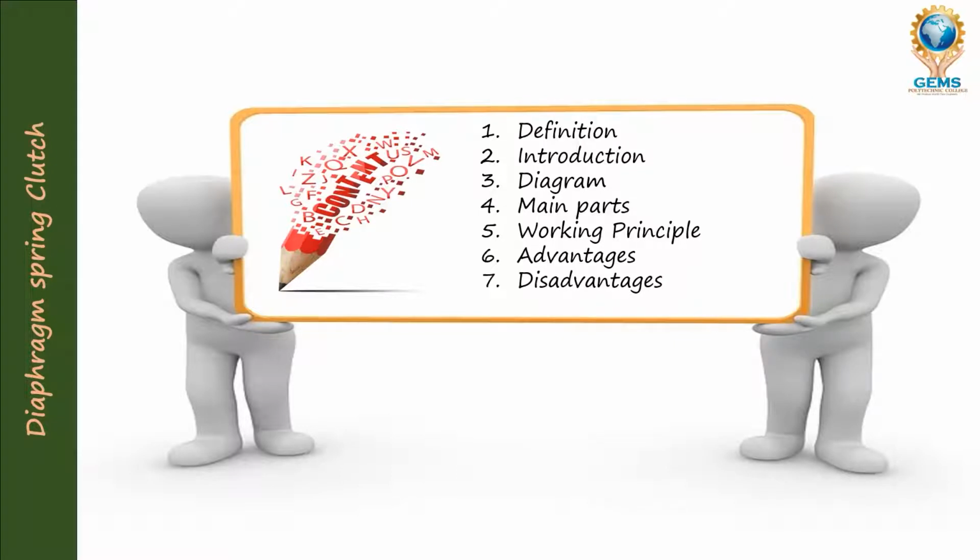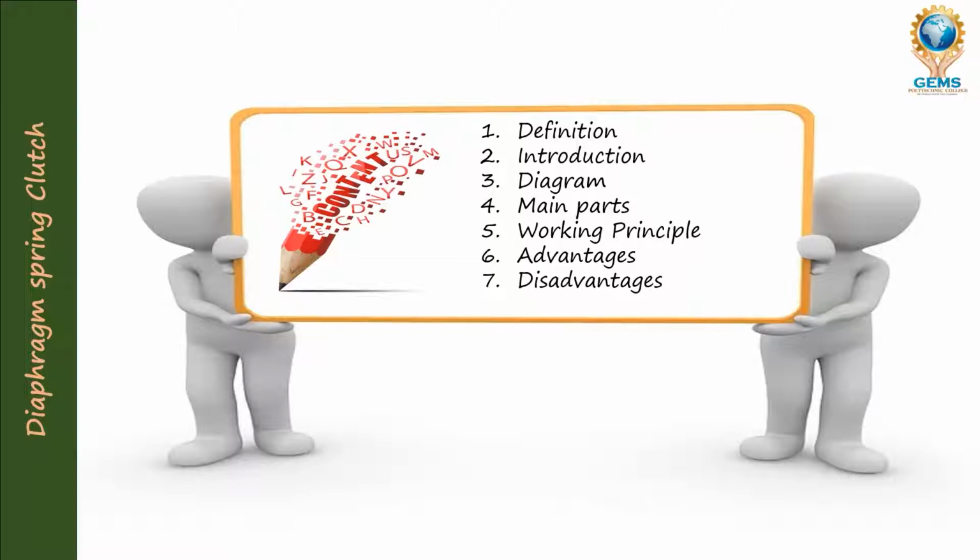I want to give a suggestion to all the diploma students, and if you are a BSB student also, keep these 7 points in your mind. In the place of introduction, you can keep it as construction also. That is no problem. Keep the 7 points, whatever the topic may be. If it is regarding automobile engineering or any operation process or any component, and it is asking how it operates, just keep the 7 points in your mind.